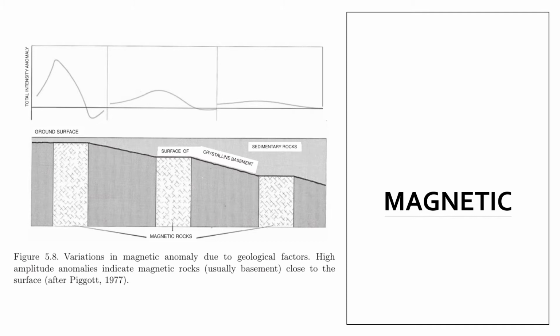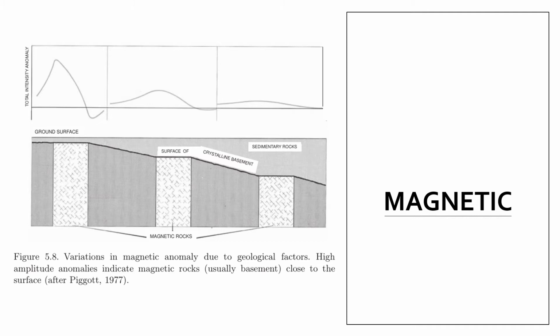So the basement here is just near the ground surface. When you are just near your basement rocks, you can register a high amplitude of magnetic intensity reading, regardless of whether it's going positive or negative,